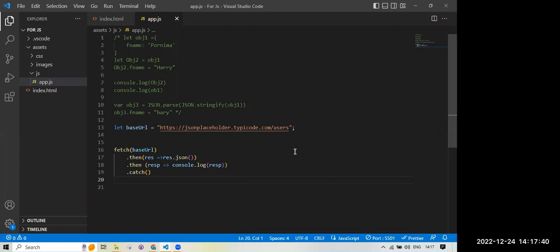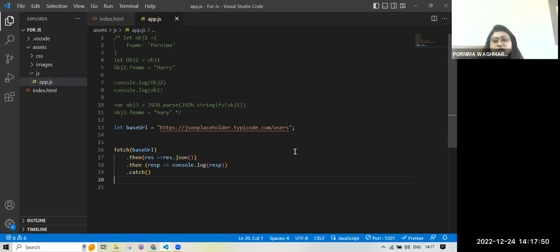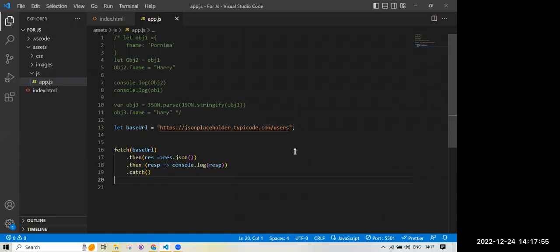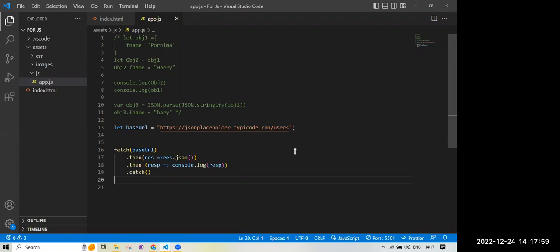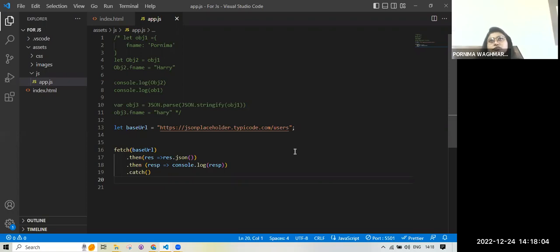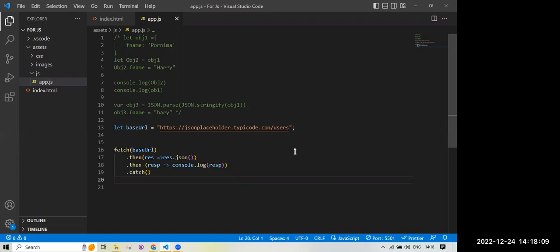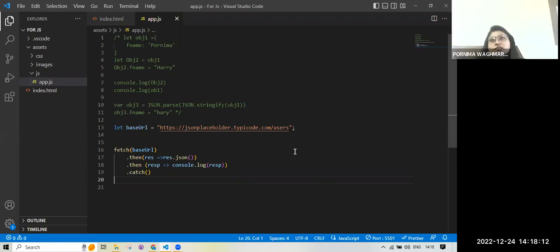Okay. So RxJS gives us something like subject. Have you heard about subject? I don't have that much information about that. Okay. While communicating between two components, what are we going to use? For communication between two components, we use services and input output decorators.